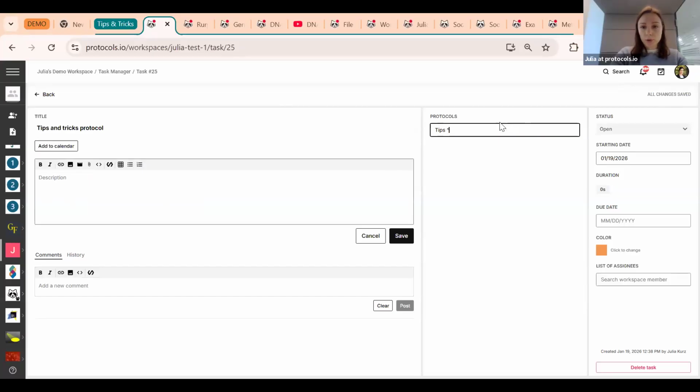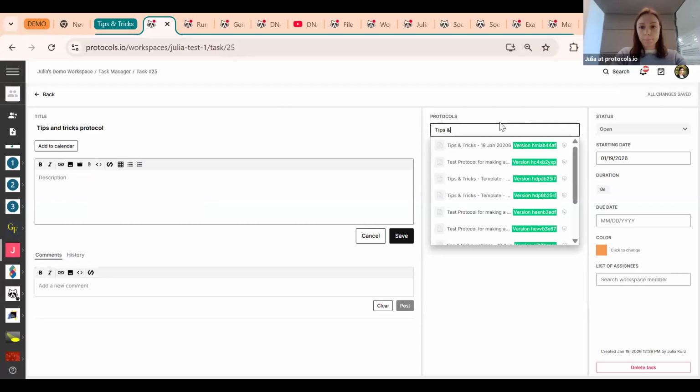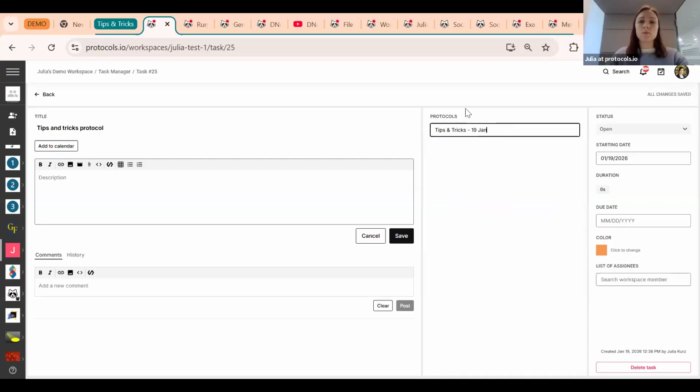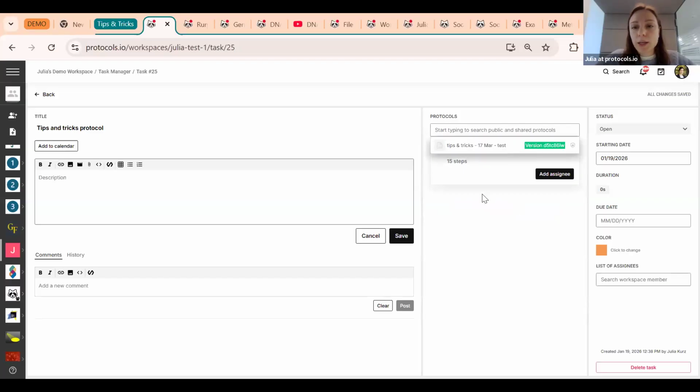So let's try and find the protocol that we were working on today. Here we go. Tips and tricks. I just lost it. It's being a bit slow today. That's okay. For the purposes of this example, we can use this one from another webinar last year. So we can see that I've added a protocol